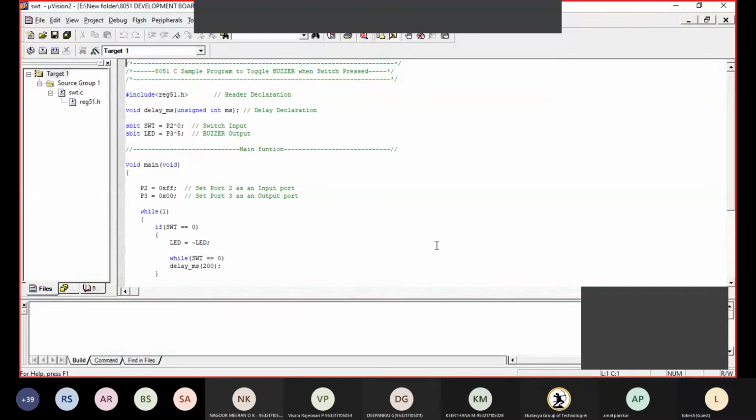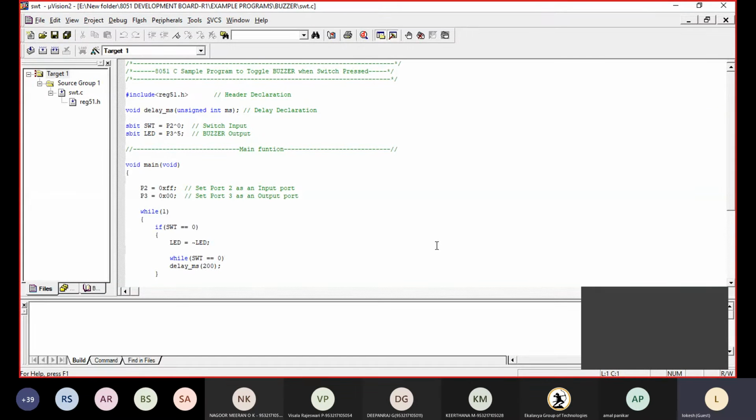So I will show you the first program we are discussing: how to interface a buzzer. What I will do is take a switch and connect it to a buzzer.